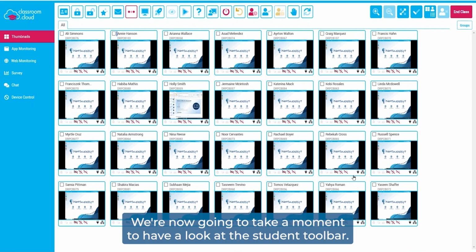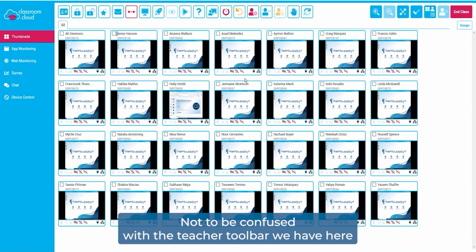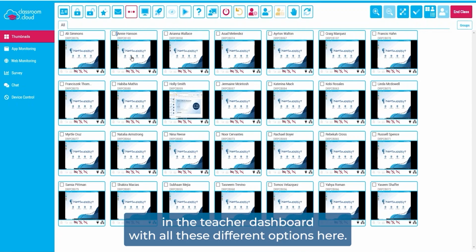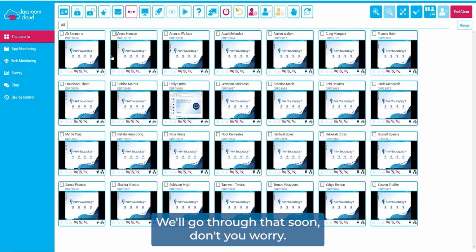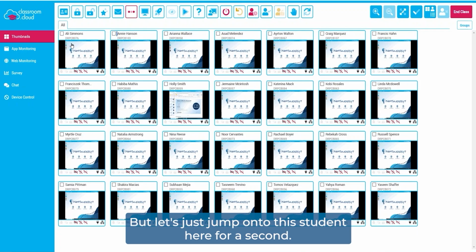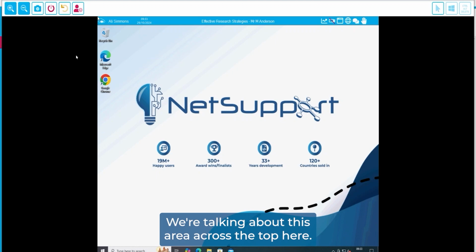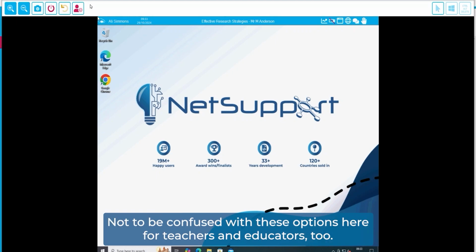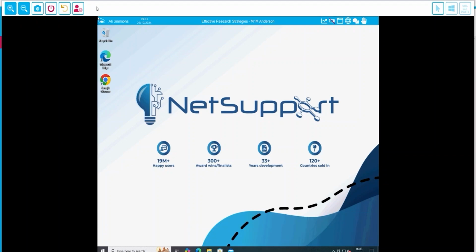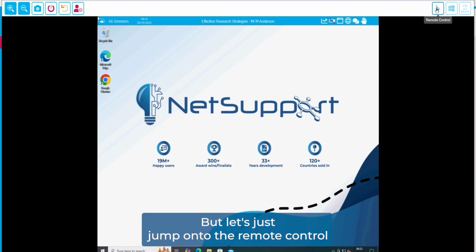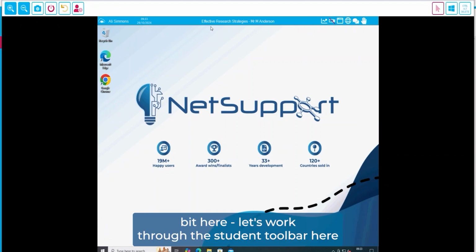We're now going to take a moment to have a look at the student toolbar, not to be confused with the teacher toolbar we have here in the teacher dashboard with all these different options here. We'll go through that soon, don't you worry. But let's just jump onto this student here for a second. We're talking about this area across the top here, not to be confused with these options here for teachers and educators too. But let's just jump onto the remote control bit here, and let's work through the student toolbar here